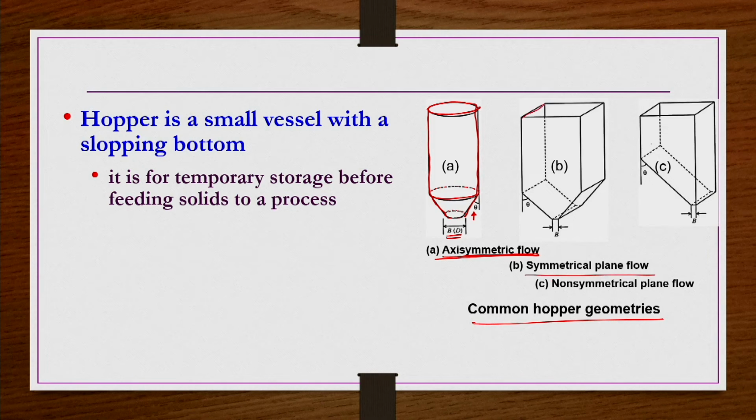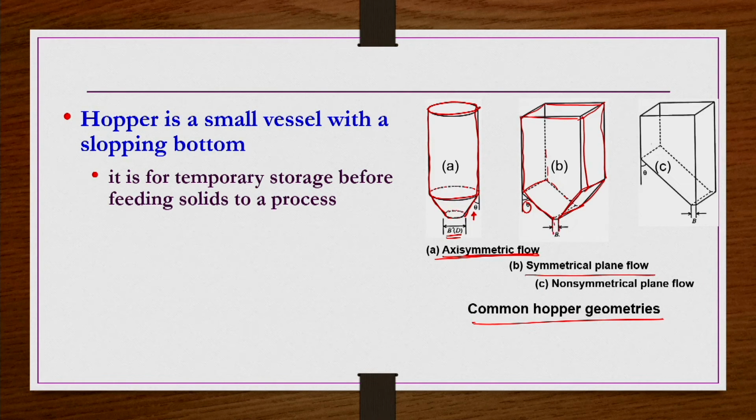Here we have a rectangular container. We have already seen that equipment used for storage need not always be cylindrical; they can also be rectangular, something like this. These rectangular equipment have an opening at the bottom, right. Here also this angle is there, this one. Here again it is symmetric, that is, the opening is at the center.